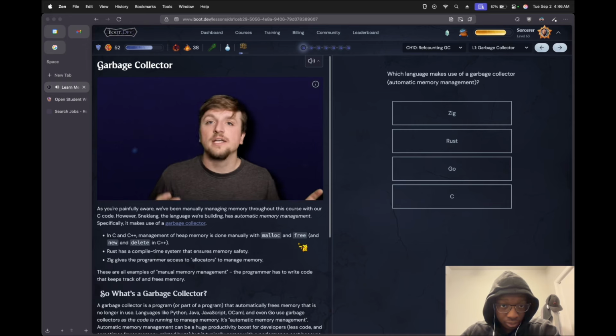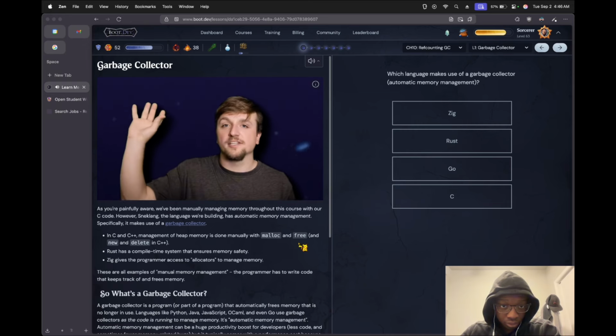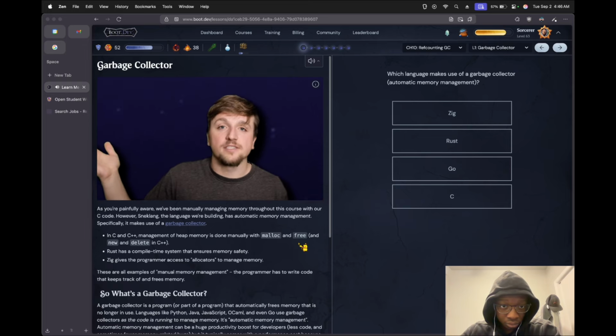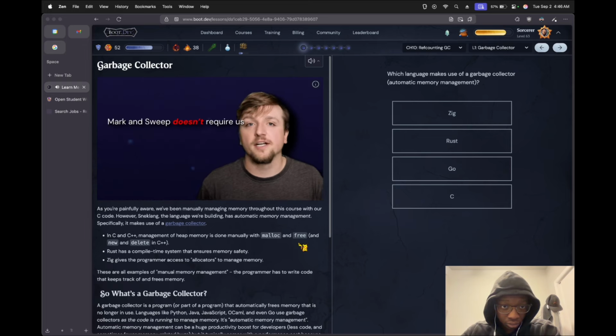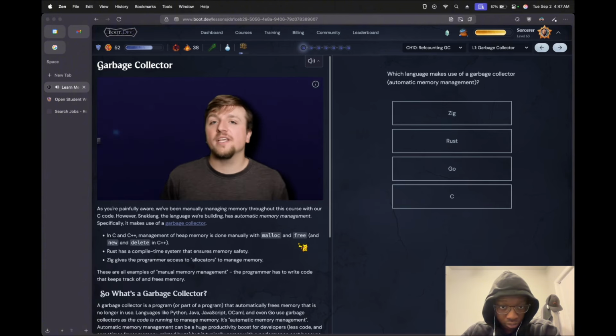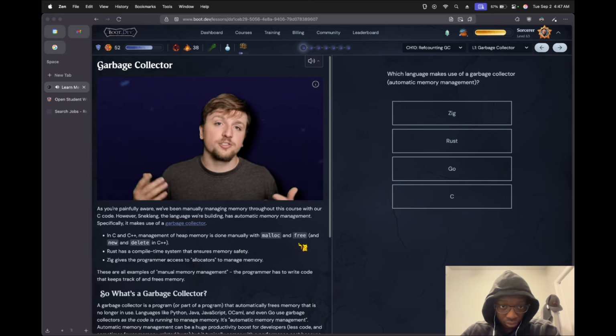You'll never get down to 0, but for mark and sweep, if none of the roots touch either of those lists, we'll be safe to mark them as not alive and free them and give them back to the operating system. Additionally, mark and sweep doesn't require us to do operations every single time that we touch or reference a variable. We only have to do the work when we do something often referred to as a GC pause, a garbage collector pause, where the garbage collector is going to do some work to go check which variables are still